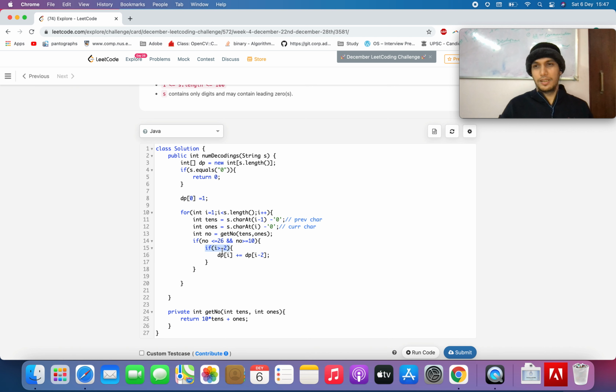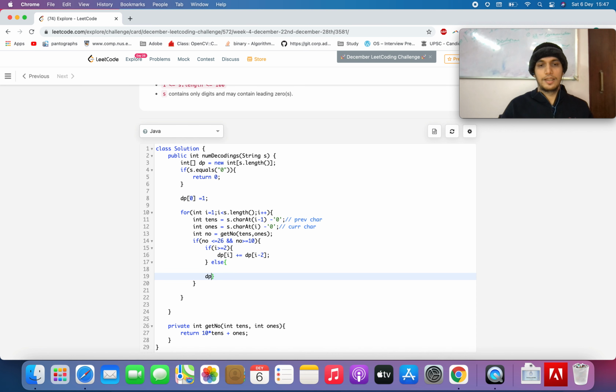Also, I need to handle one corner case here: for the case when i equals 1, I'll simply increment it, because that is another corner case, because there are two possibilities for 11, for example. Handling this case here.